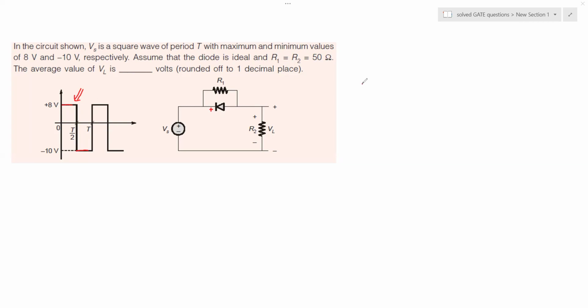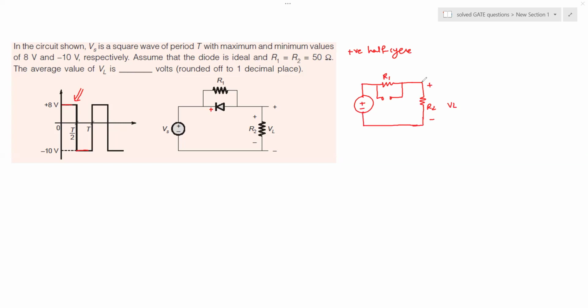So we can draw this circuit again for the positive half cycle. Let me write here positive half cycle. Okay, and the circuit will look like this: you have this resistor R1 here and the diode has open circuited, and then you have this second resistor R2 across which we are measuring the load voltage VL